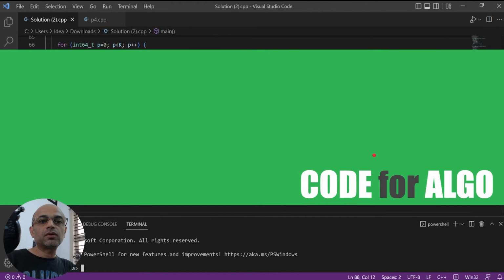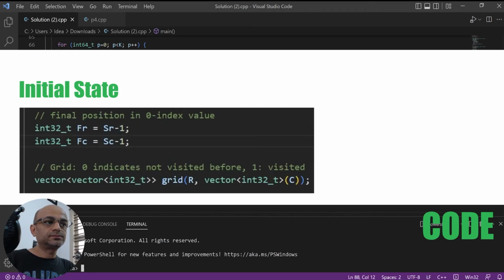Let's look at the code for the algorithm. So what is the initial state? Let's have a vector. As we discussed, we will have a two-dimensional vector of size r and c, number of rows and number of columns.